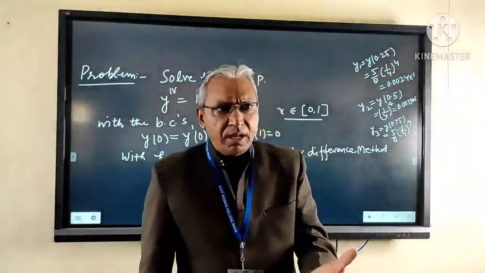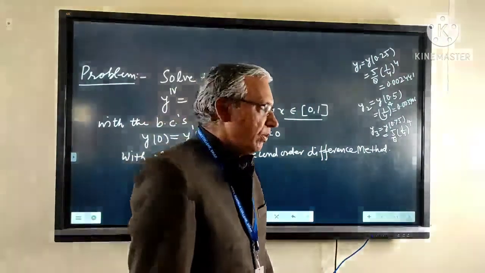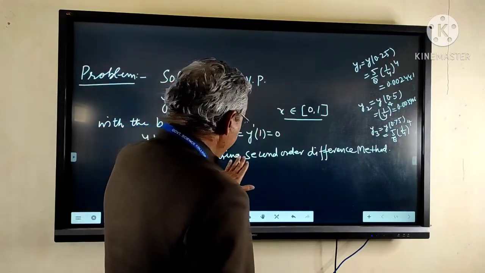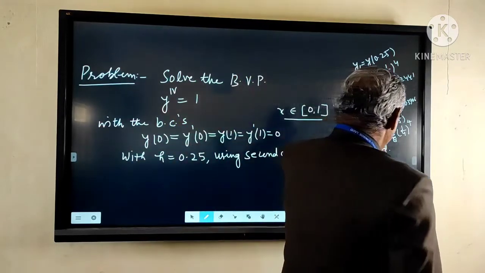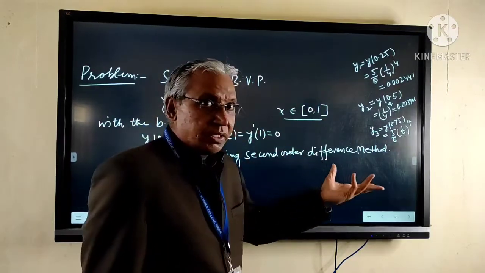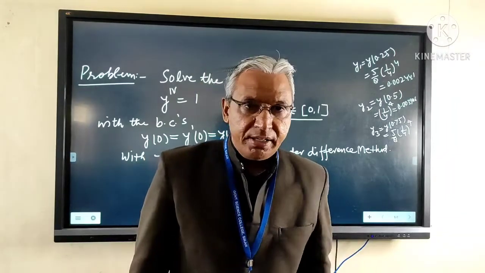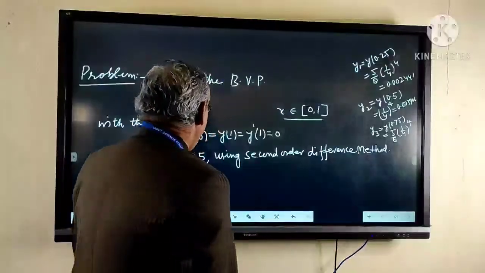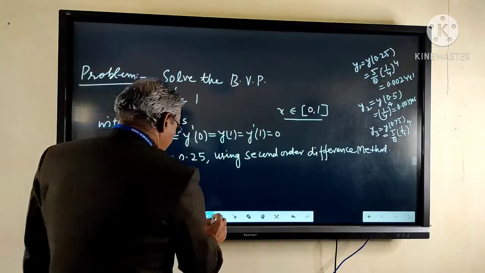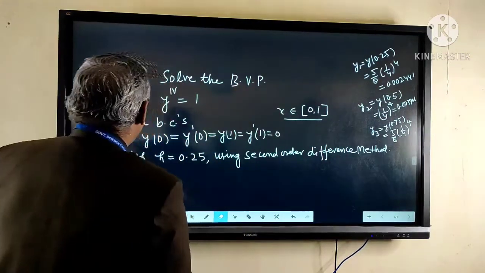Therefore, the given boundary value problem is a 2-point boundary value problem with h equal to 0.25, using the second order difference method. So we have to solve this boundary value problem by the second order finite difference method. So hence the difference scheme for the given boundary value problem is given by